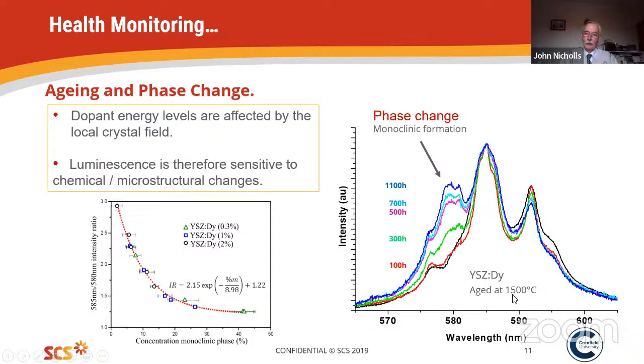So we heat treated the TBC at 1500 centigrade, and we aged it for various times, 100 hours through to 1100 hours. And we monitored how the side peak changes in that luminescence response. And when you take that luminescent signal height, it's actually a measure of the intensity. And what we do is we ratio the intensity of that peak to one of the neighboring peaks. And if you see on the graph, it's 585, which is this peak, which we take as a reference, divided by 580, which is this peak that is growing in size. And this ratio here allows us to generate a calibration curve,